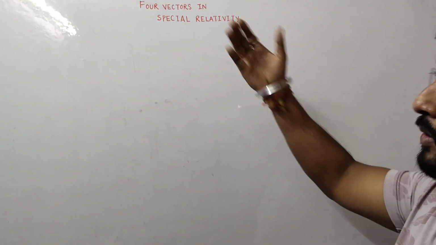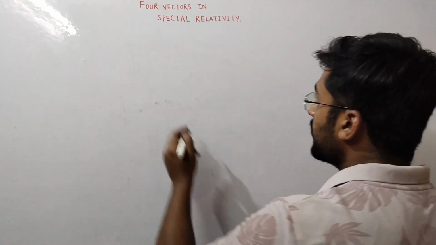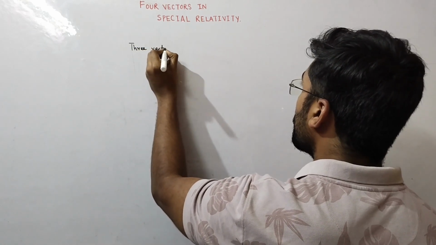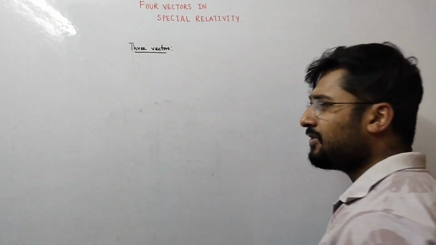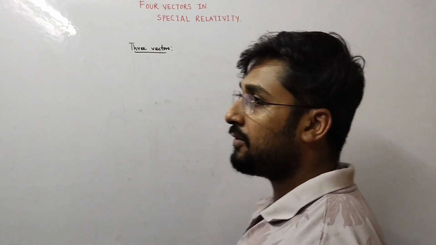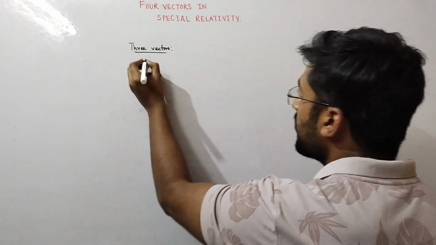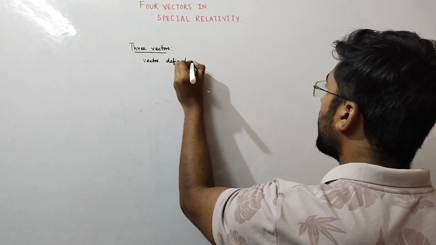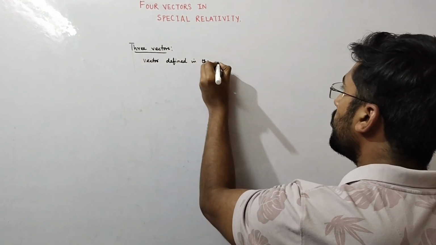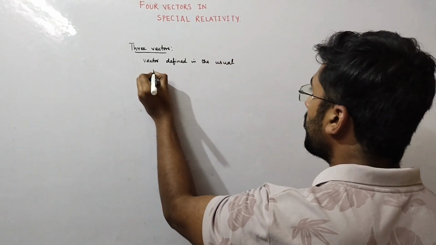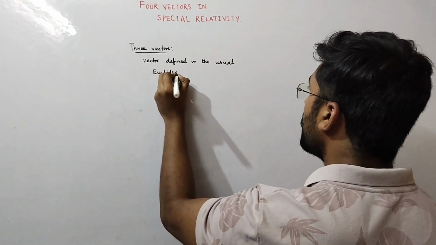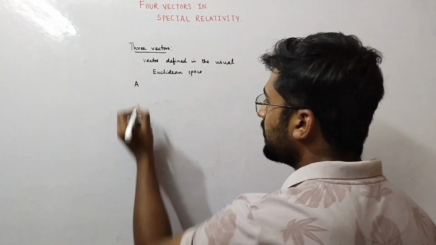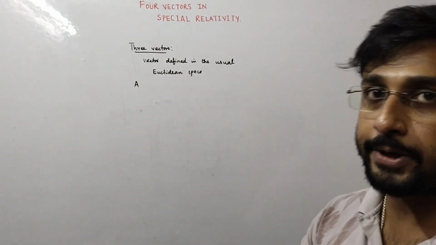So before discussing four vectors, we'll first discuss something called three vectors, right? So, what is a three vector? A three vector is basically a vector that you define in the usual Euclidean space. That is, if I say that capital A is some kind of a physical quantity,